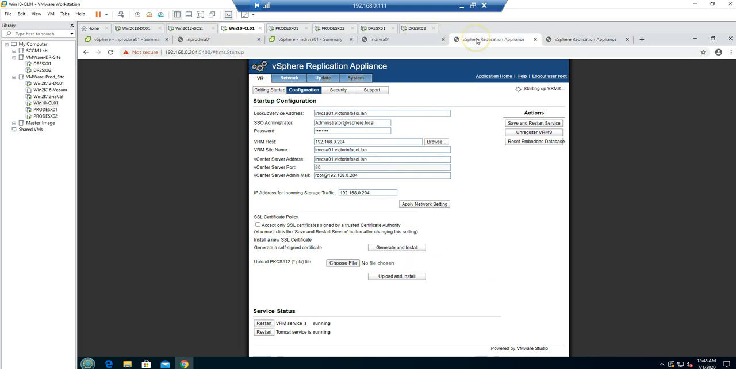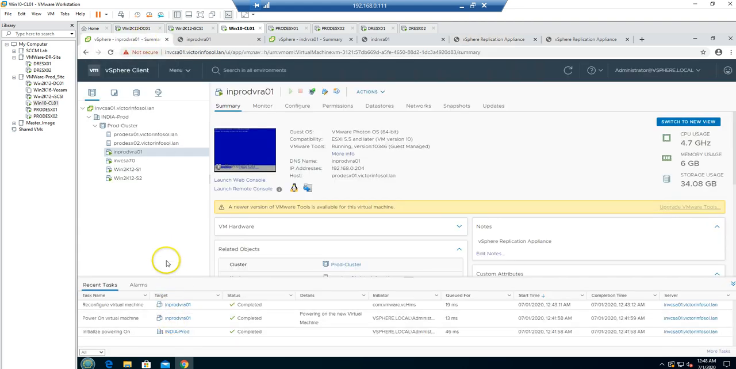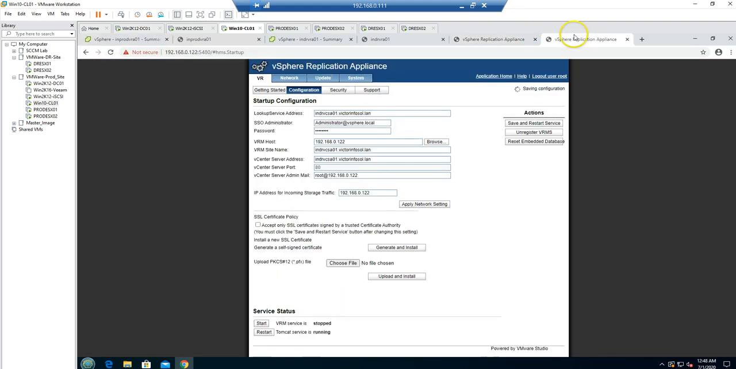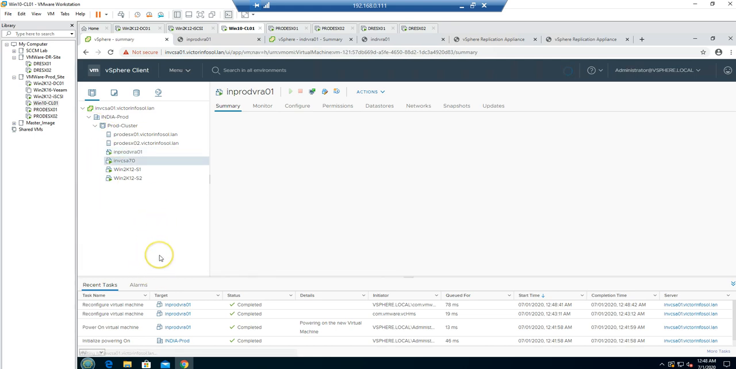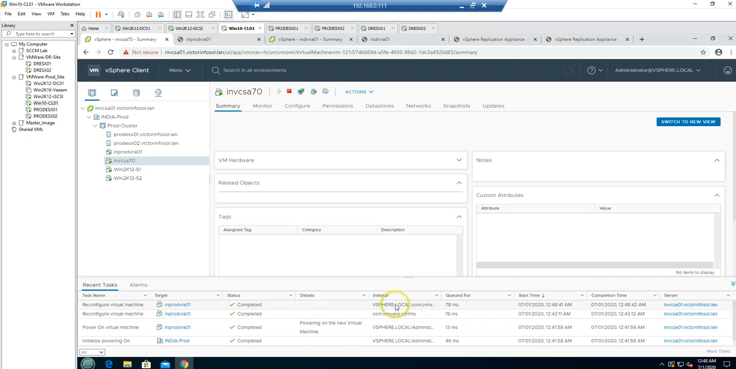So this is good. Now you can see starting VRMS, which is VMware Replication Manager. It's going to take some time, 5 to 10 minutes, to get the services up and deploy the agents on all your ESXi hosts, depending on how many ESXi hosts you have in your vCenter Server. So it depends on those parameters also. You can see it's configuring the virtual machine and a few things,